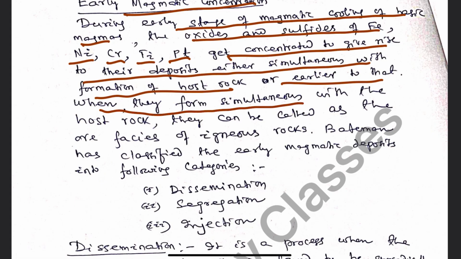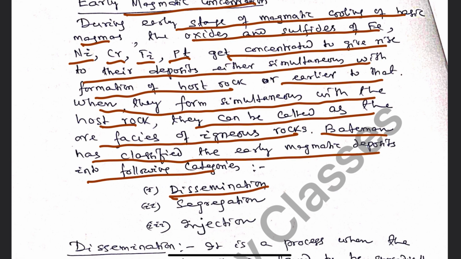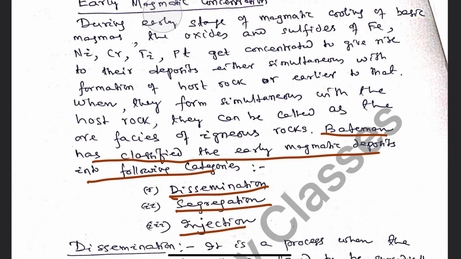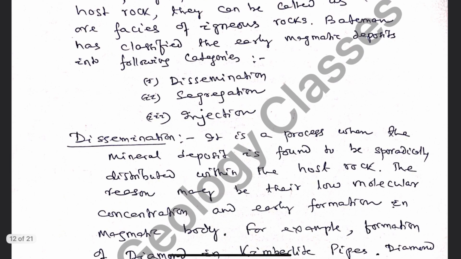When they form simultaneously with the host rock, they can be called the ore facies of igneous rocks. Bateman has classified the early magmatic deposits into three categories: dissemination, segregation and injection. These are the three processes by which the earlier minerals produced from magma are concentrated,